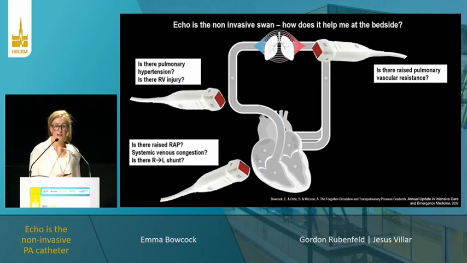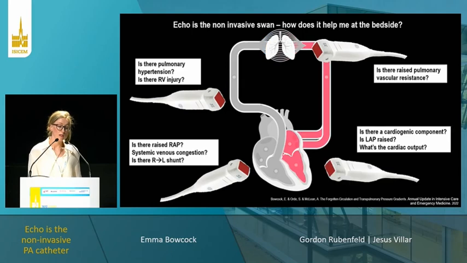I want to assess the status of their pulmonary vasculature as best we can, which is not perfect with echo, but do they have raised pulmonary vascular resistance? And then moving on to the left side of the heart. Importantly, we know that there's overlap with cardiogenic and non-cardiogenic pulmonary edema and ARDS, and it's important that we recognize these patients and identify whether there is raised left atrial pressures. And of course, fundamental to all of this is what's the cardiac output and how is that trending with my